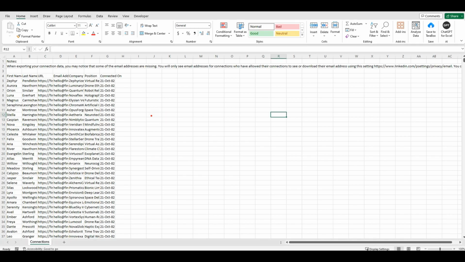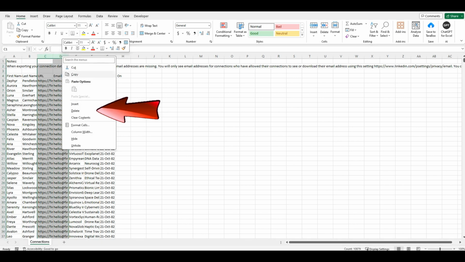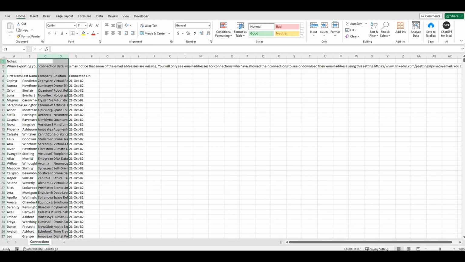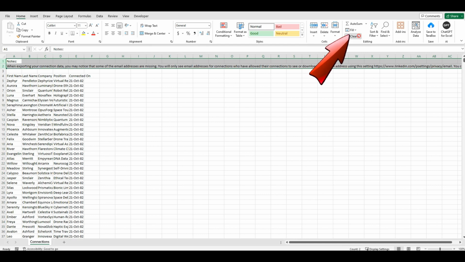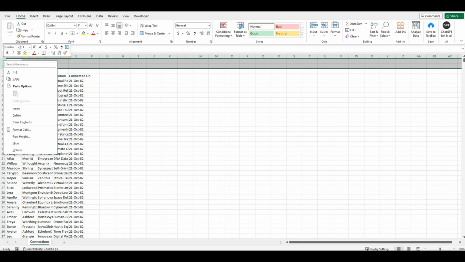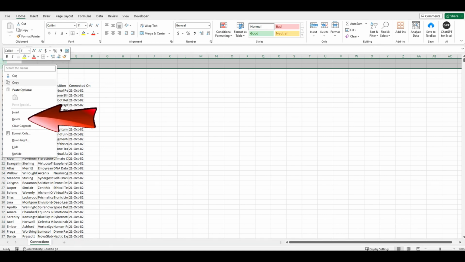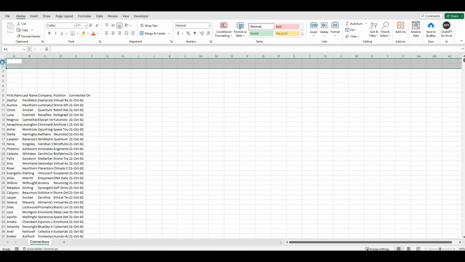Getting back to our file, let's do a bit of housekeeping and prepare our raw data by removing extra content and organizing the columns as we want them to be. We can remove the content from the first 2 lines and add some extra rows. This will allow us to place the search bars above the raw data.